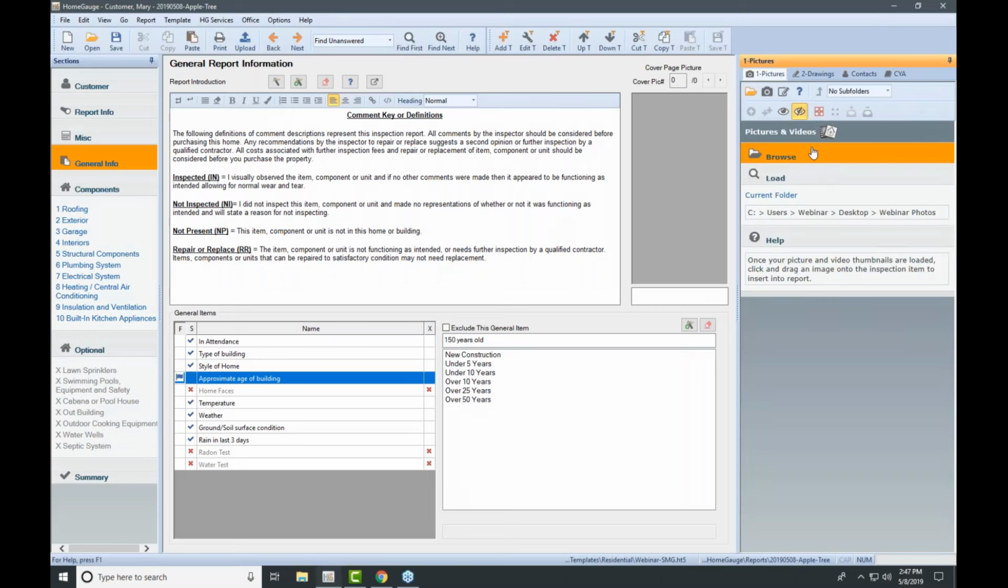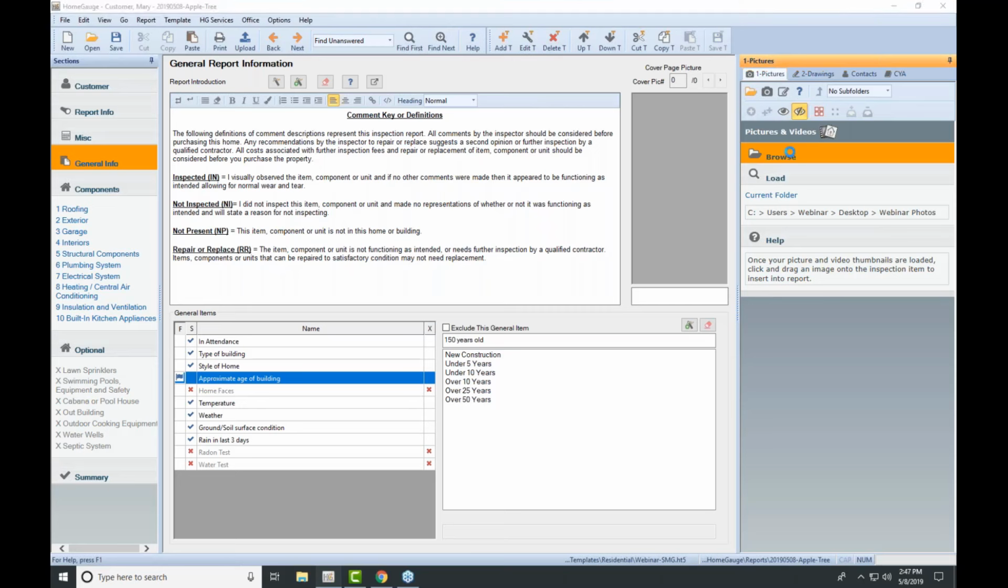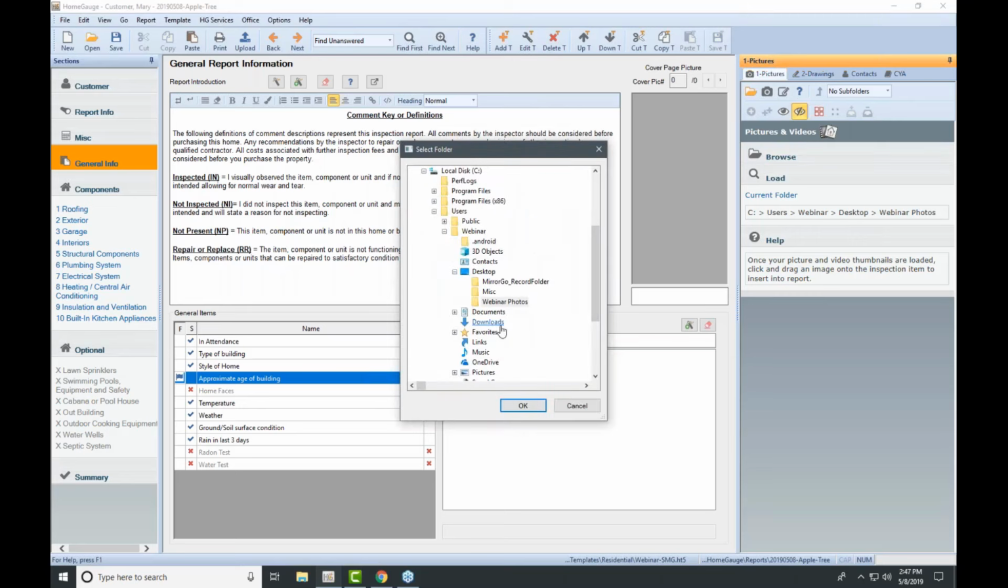So here I can browse my computer. On my computer, I have a folder of pictures that I would like to use for my inspection. In theory, you would have taken these with your point and shoot and stored them somewhere on your computer. Now, my software is already pointing to the folder, but just for example, I'm going to show you how to find it. So I'm going to click the word browse,